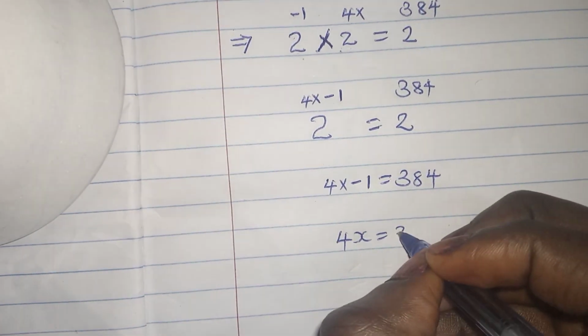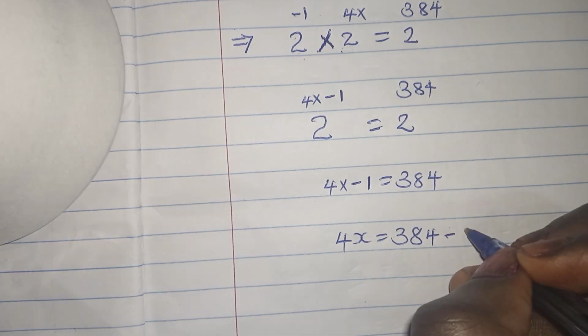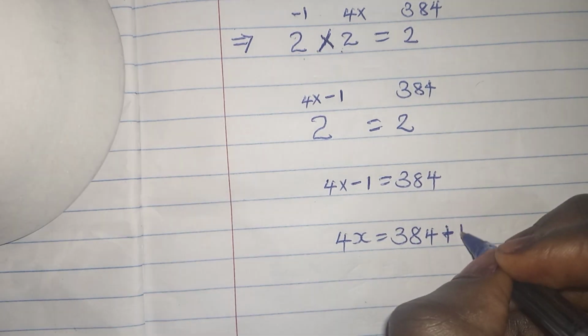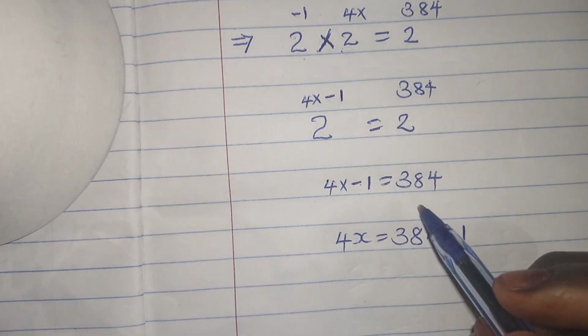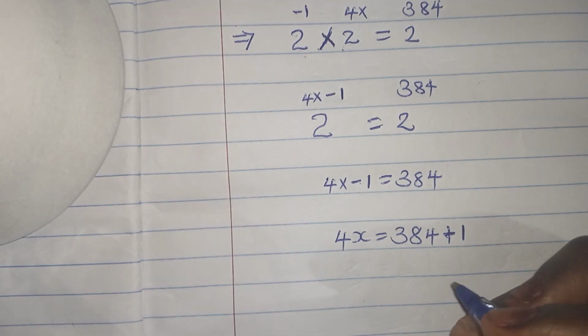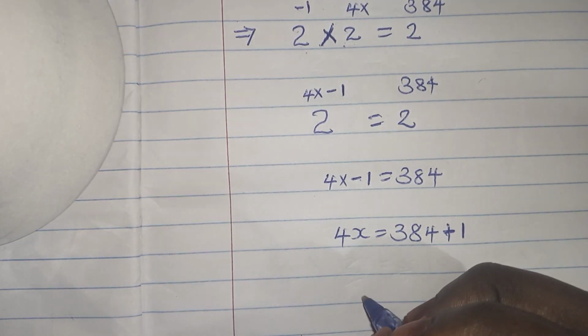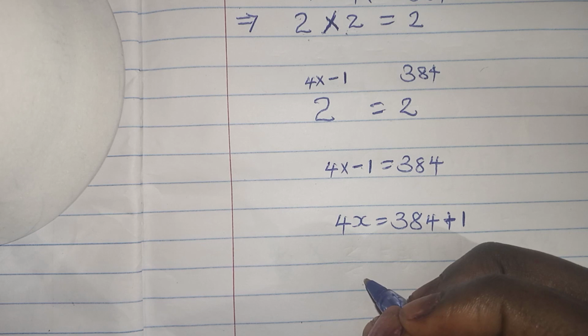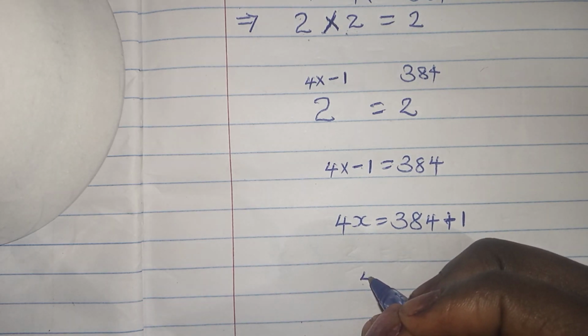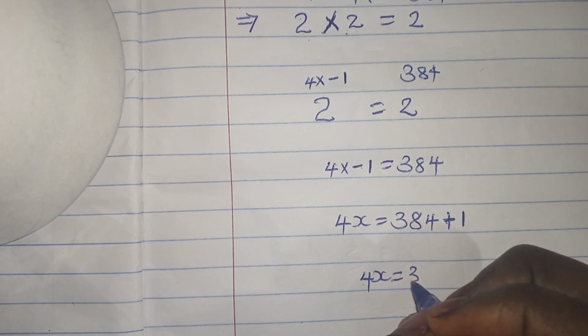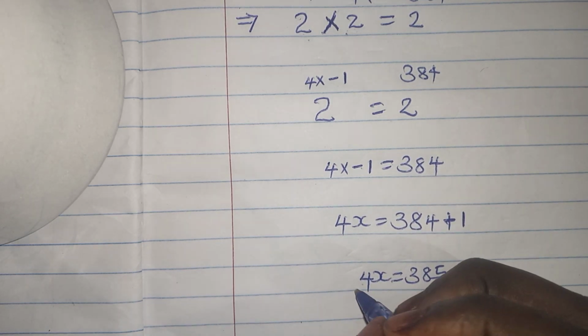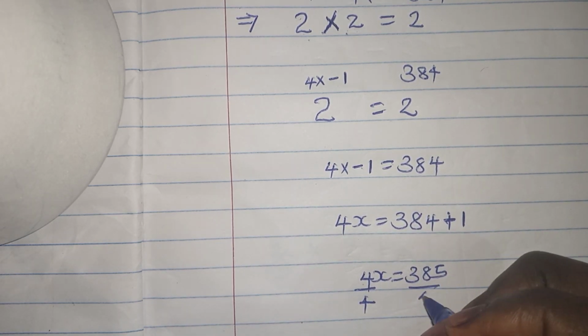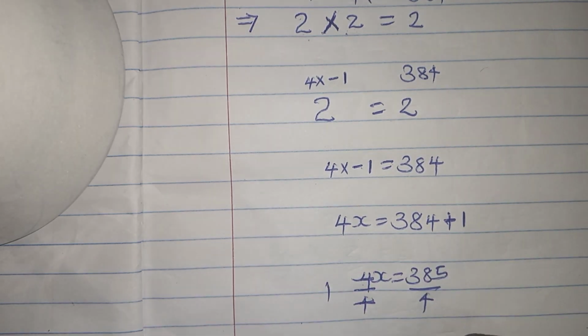4x is equal to 384 plus 1. So this becomes positive when it comes to the other side. I want to remain with the value of x, so making x my subject, 4x is equal to 385. I'll divide both sides by 4, so this 4 here will cancel. x is equal to